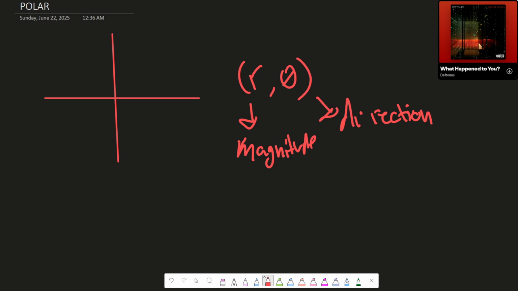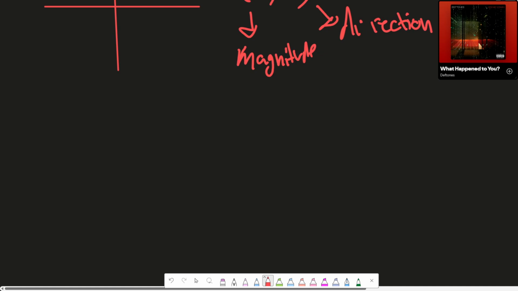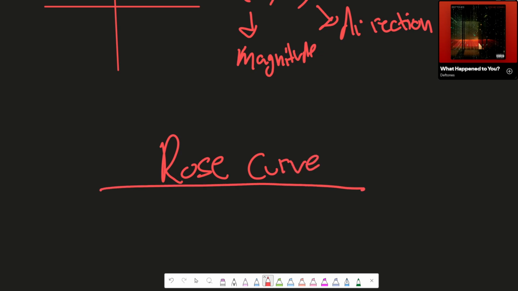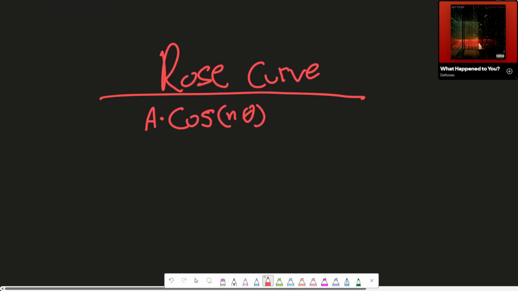When graphing a polar function, firstly we need to be able to identify our functions. The easiest one I believe to identify is a rose curve. The rose curve ends up making petals, and the function often looks like amplitude times cosine of n theta. That is usually just the rose curve. The A is the amplitude or petal length,